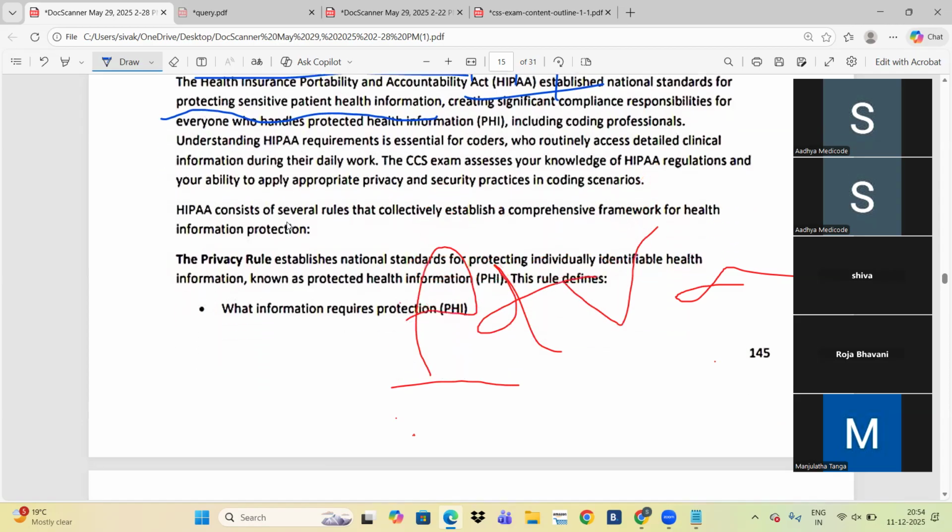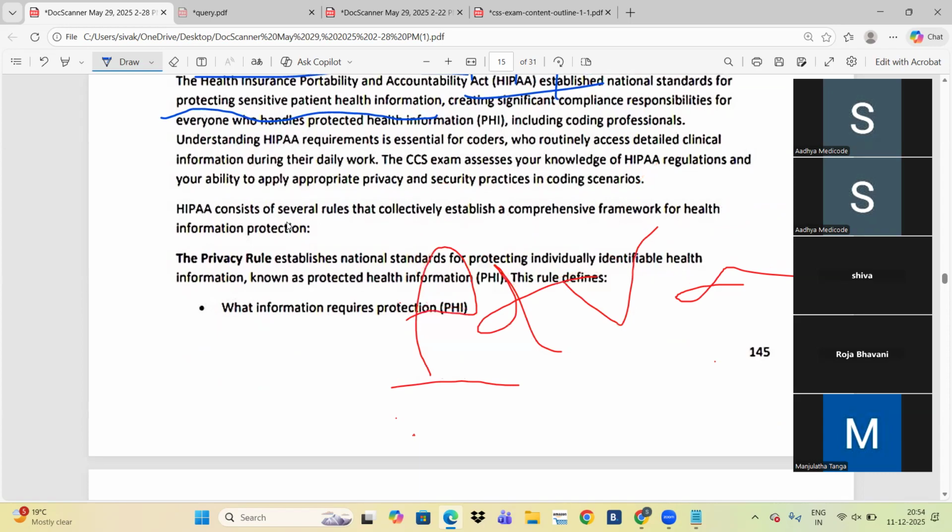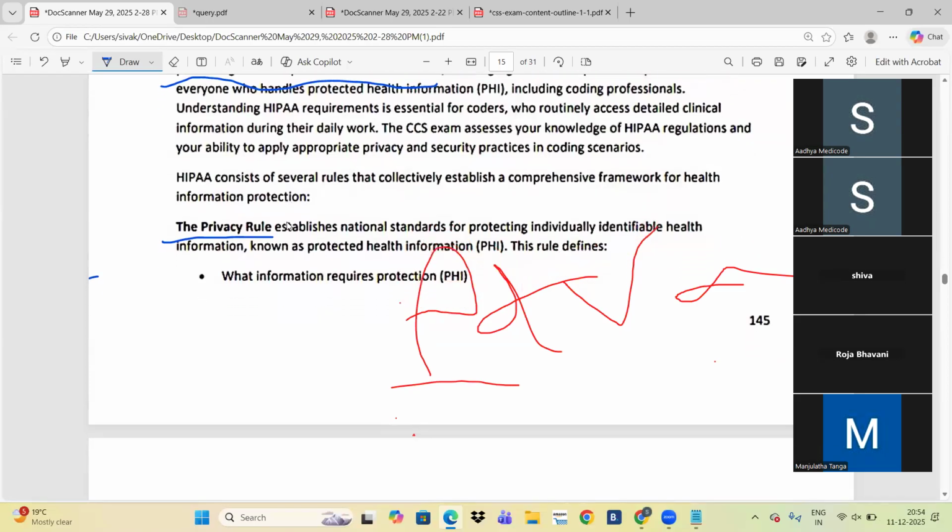Next, we have certain rules based on HIPAA, like the privacy rule and the security rule. The first rule is the privacy rule. Here you will get one question from the privacy rule. Which rule restricts disclosing patient data? The privacy rule establishes national standards for protecting individually identifiable health information.